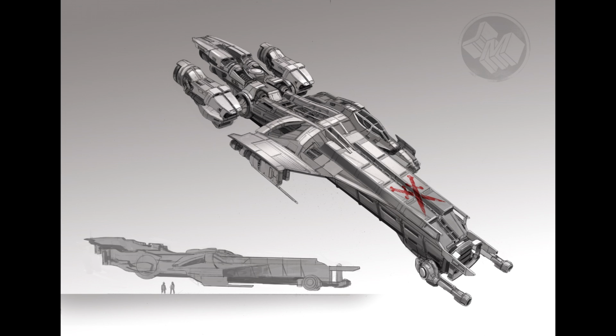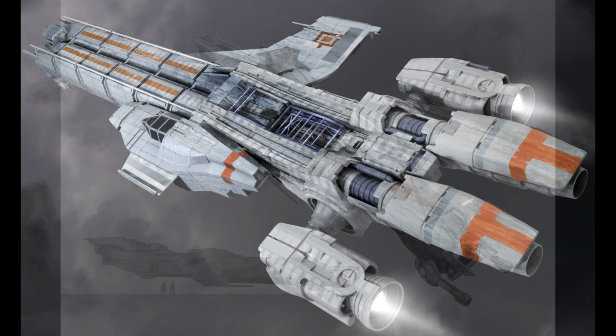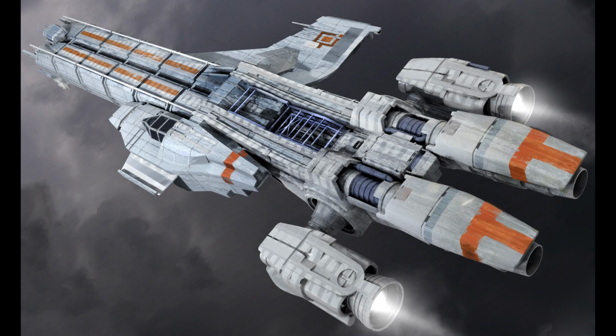Caterpillar, $245. Crazy ass modular spaceship, primarily designed for cargo transportation. It's almost as long as the Retaliator at 66 meters, and this is another ship that the community seems to be really excited about. It carries 3,200 freight units of cargo, and that's one of the larger ones that we've seen to date. It's got a 5-person crew, a max size 5 for the power plant and the shields,